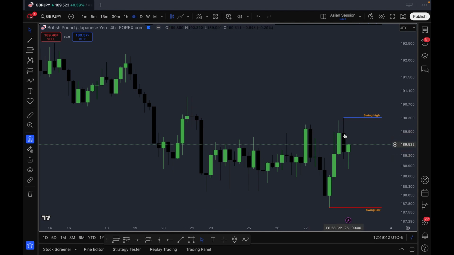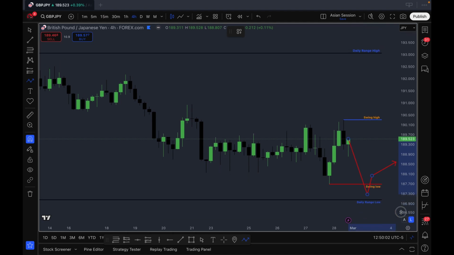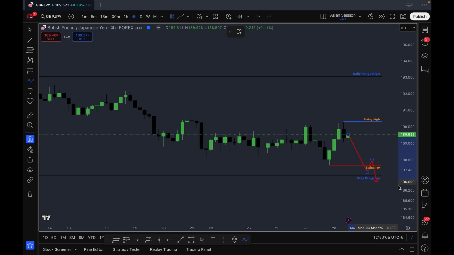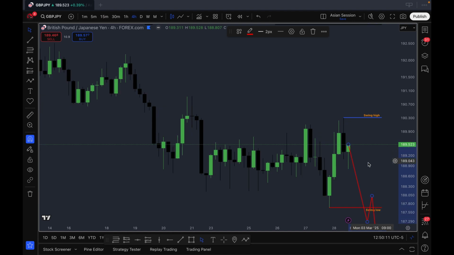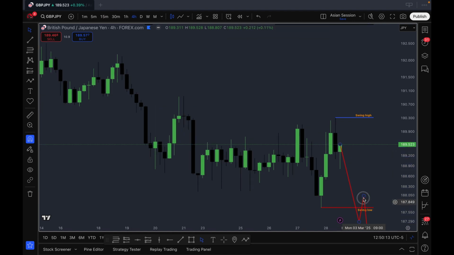I'm seeing a double top formation right here. Yeah, I could be wrong, but I think this double top might hold, and if it does hold, I'll be anticipating a move to the downside, maybe a break of this swing low, and then enter when the retracement happens and target myself the daily range low or the weekly range low, one of the two. Those will probably be the targets for this